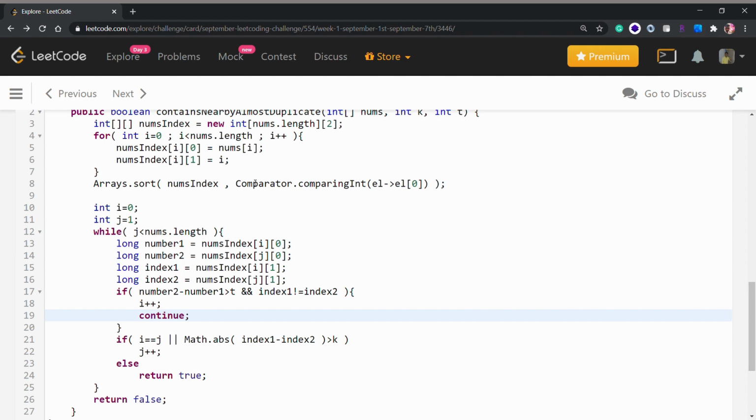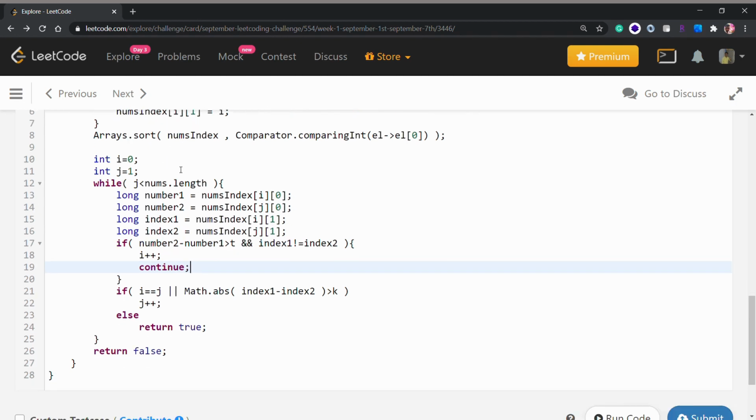Because we want our numbers in a sorted array so that it becomes easy for us to work with them and find the boolean value which we have to return. That's why we want to sort the numbers, but if we sort the numbers we will lose the indexes. That's why we are storing the indexes in our 2D array, and after we do that we sort our array,